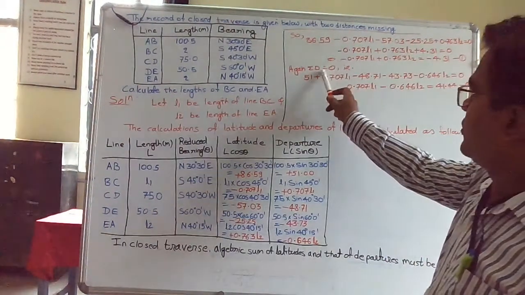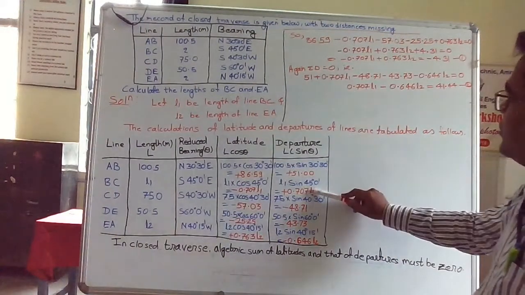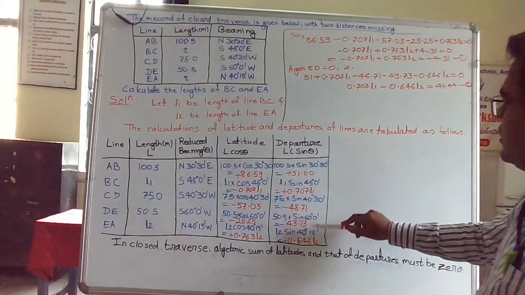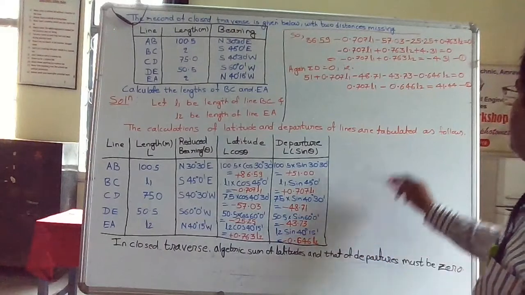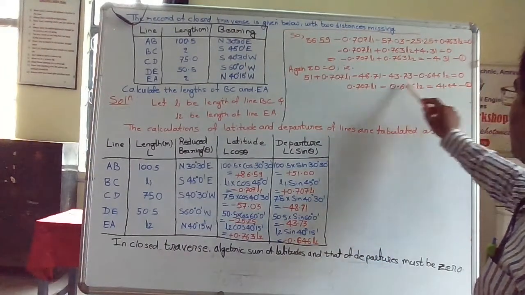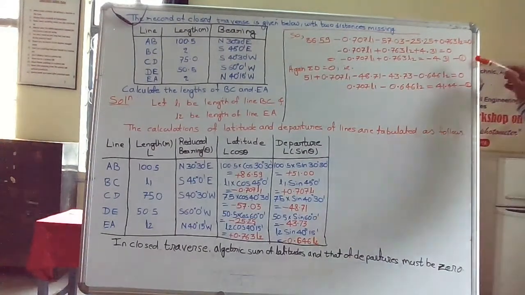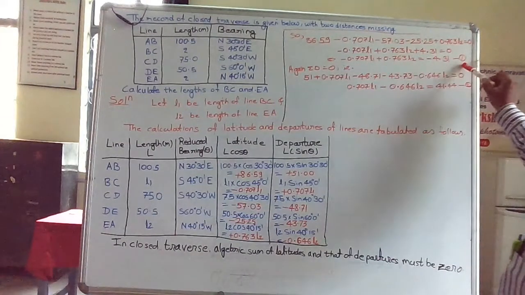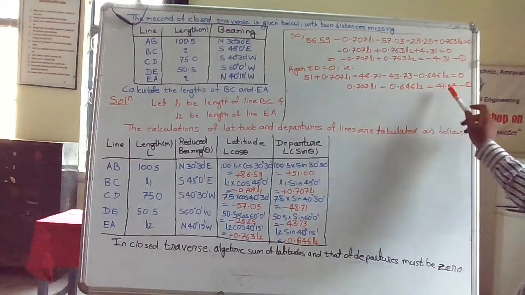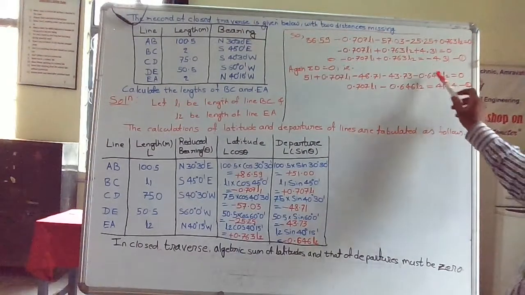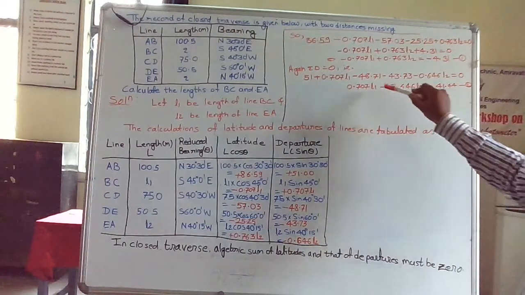Again, the summation of departure is equal to 0, so we can add up all the departures, that is 51 plus 0.707 L1 minus 48.71 minus 43.73 and minus 0.646 L2. By adding this, again we will get the equation in this form. Okay, you can observe these two equations are in the form of simultaneous equations, that is ax plus by equal to c. Both are in the form of simultaneous equations. You can solve them simultaneously to get the values of L1 and L2.